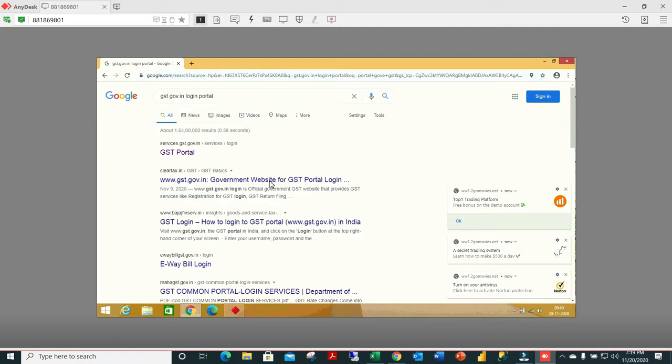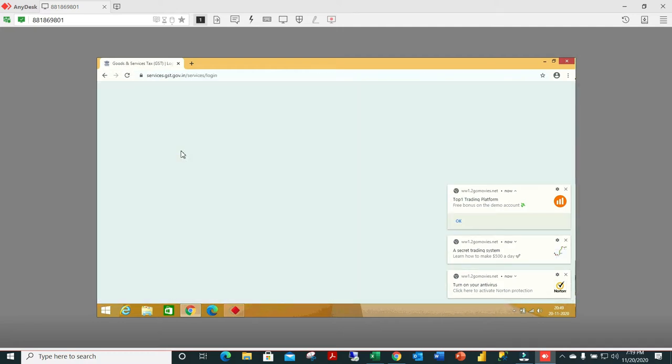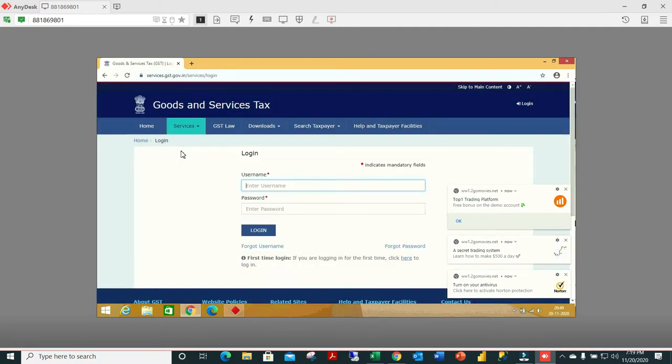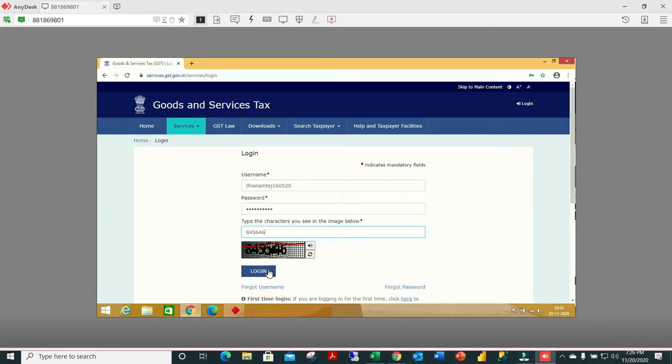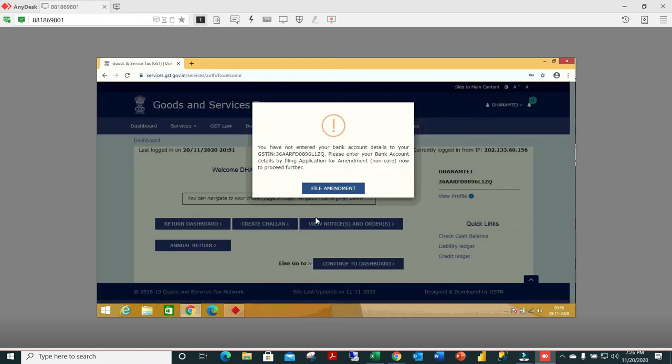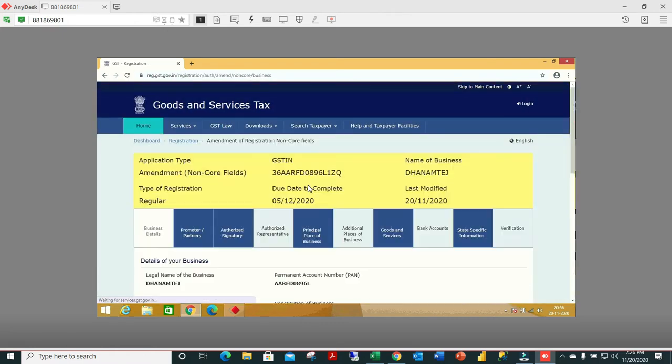Once you get the GST portal link, you just log in with your ID and password. This way any filing can be done from your abroad PC or laptop.